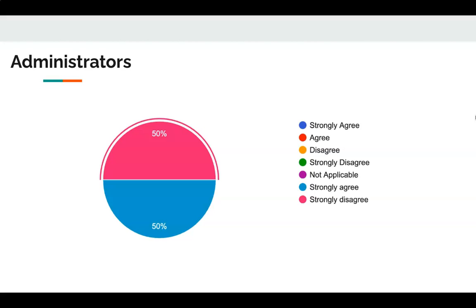And so I think that part of this may be due to having administrators that are relatively new to our building and new to our program here at the high school specifically, but I am definitely interested in delving into that more. I was actually very surprised to see that on this particular piece of the survey. So it definitely gave the focus group some more information to break down and analyze.